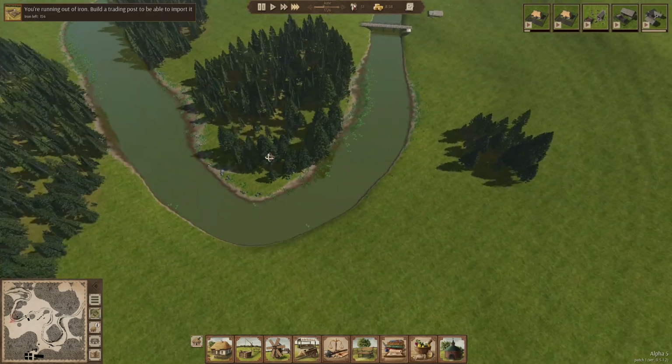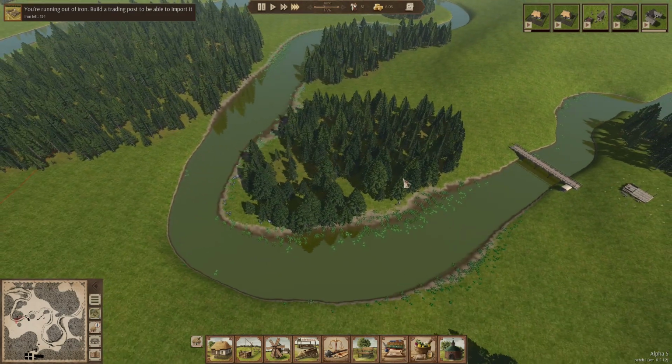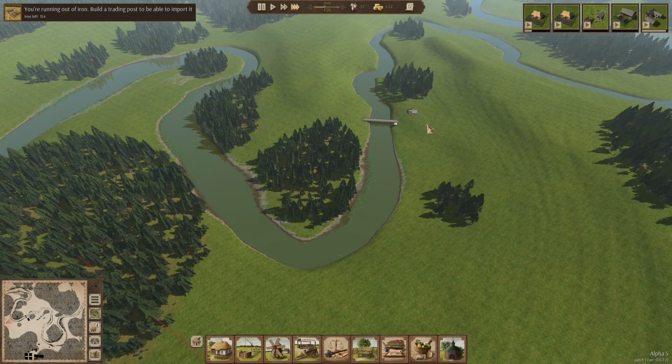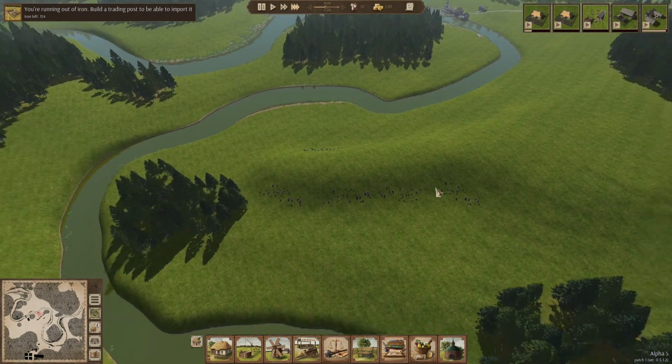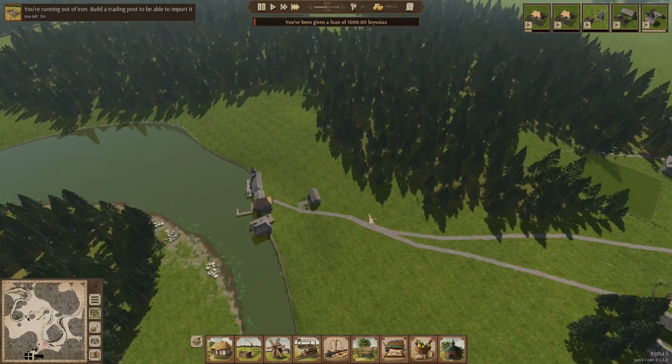So I guess we'd have to import stone instead. I guess that's how it works. Which will be okay. Once we get the iron mine going, we're going to get infinite iron. So we'll become an iron trading system. I reckon that's going to be the best way to do it, because iron probably just...